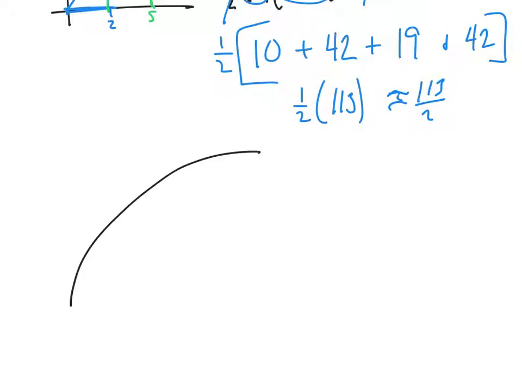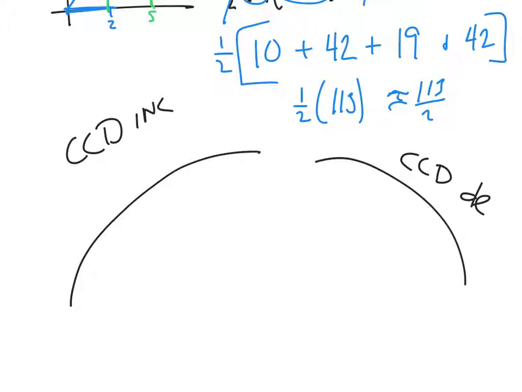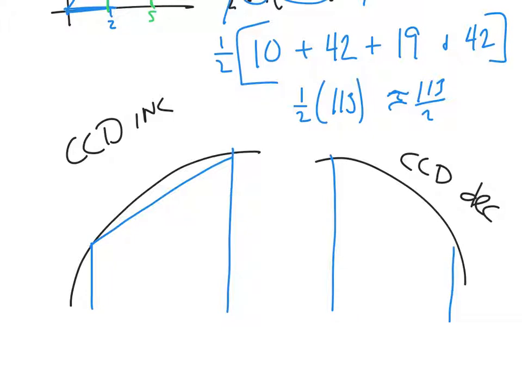One that's increasing and one that is decreasing. So this is concave down and increasing, concave down and decreasing. And then I'm going to draw in a trapezoid in each one. I'm going to make one big trapezoid. So up on the left, up on the right, connect. I'm going to go up on the left, up on the right,